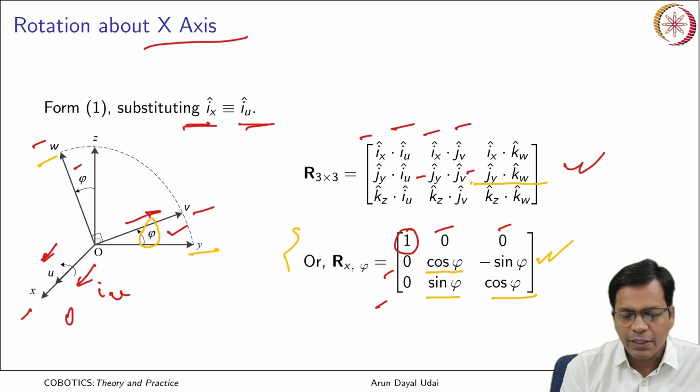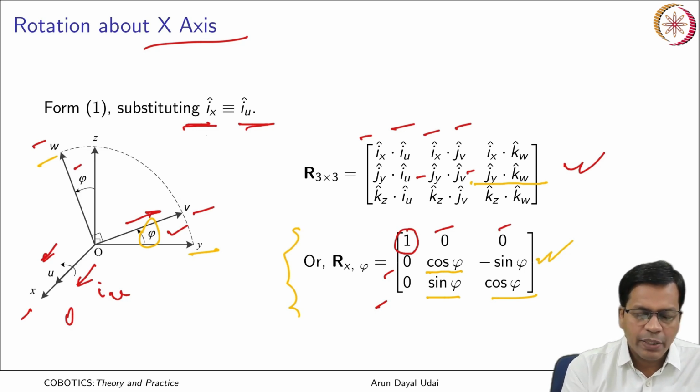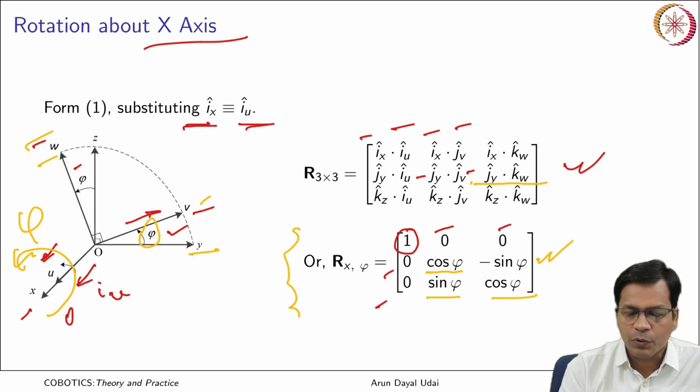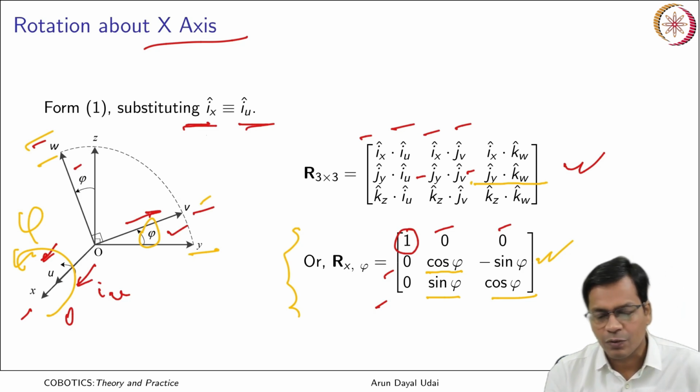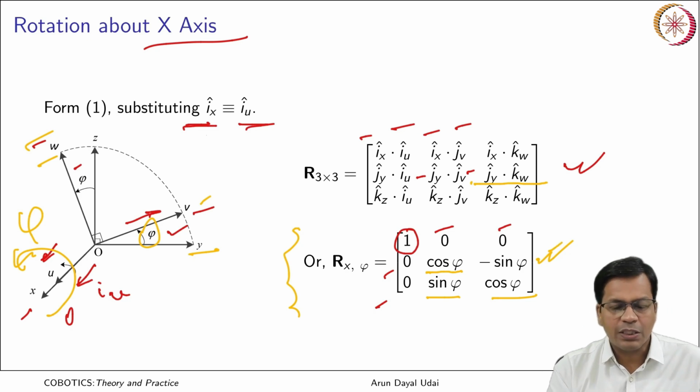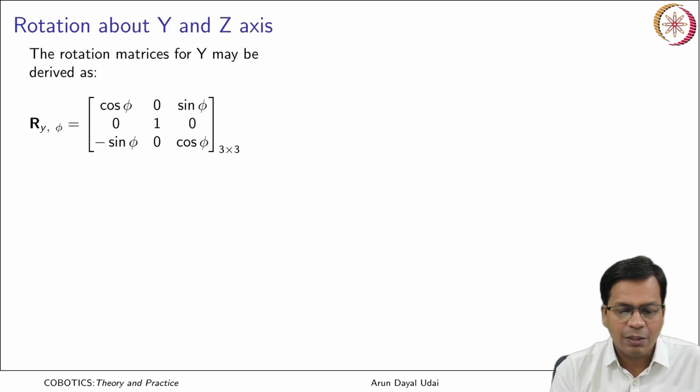What we obtained here is the rotation matrix operator which will rotate the frame and bring it to a new location, that is rotation about x axis by an angle psi, and it will take it to this new position. This way you can apply it to a point and that point can get rotated by an angle psi about x axis. So this is the rotation matrix about x axis. Similarly,